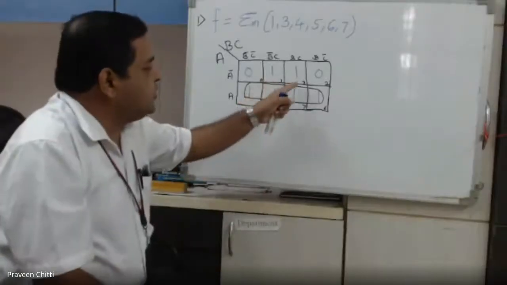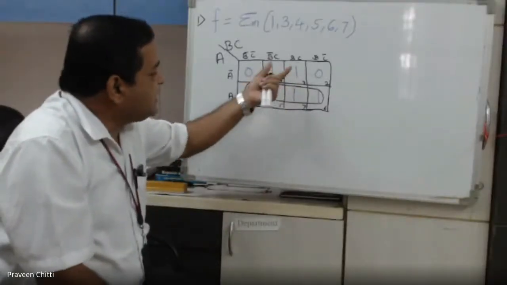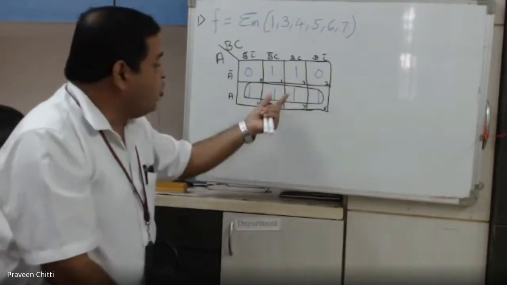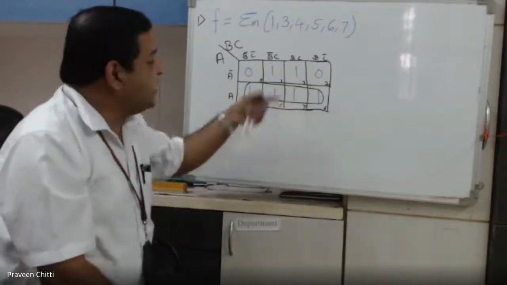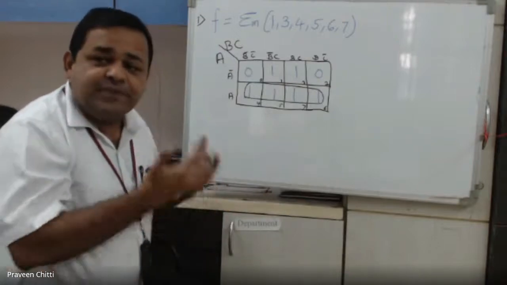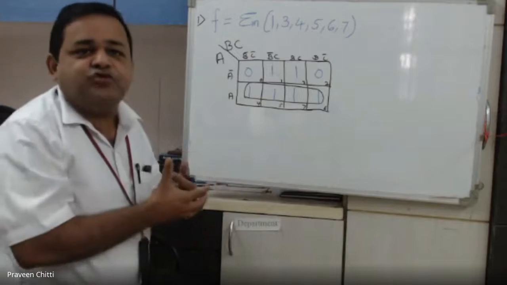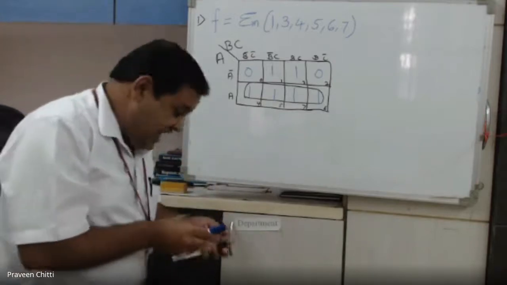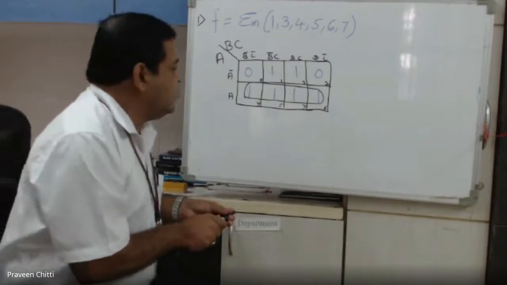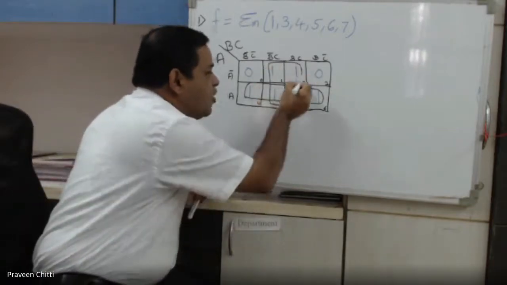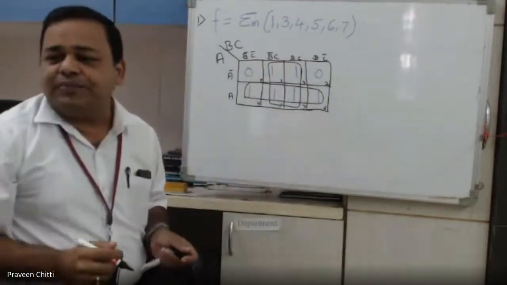No doubt, you can form a pair of these 2 ones, but adjacent to these 2 ones, another 2 are there. Then you may ask, we have already covered those 2 ones, so why should we cover them again? Wherever there is a possibility of forming a bigger group, you can combine already covered ones also. Using that property, I can form one more group like this. I hope it is clear.